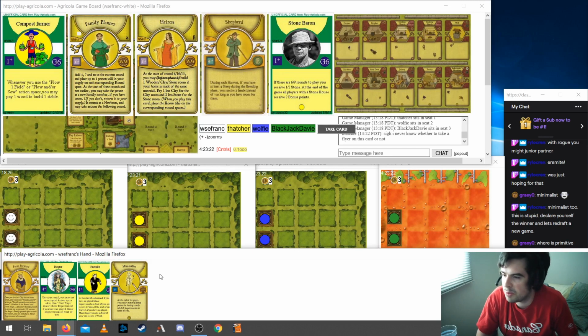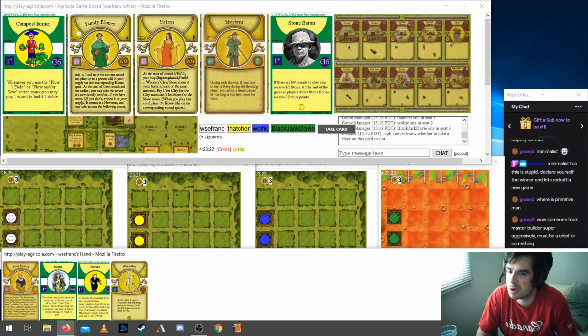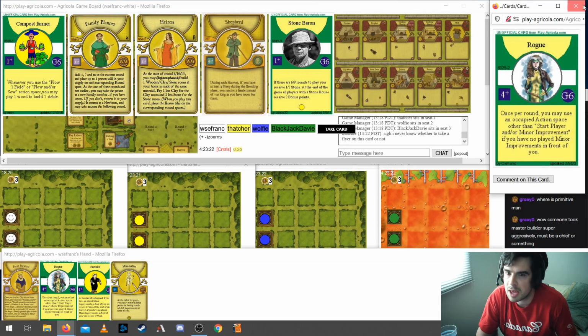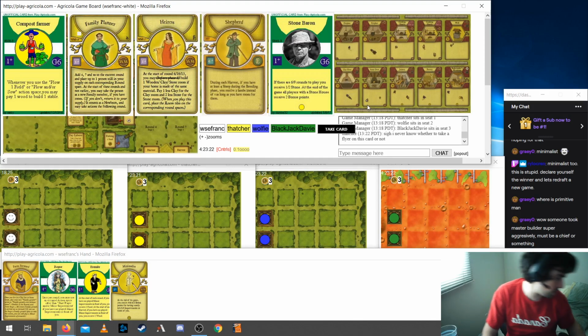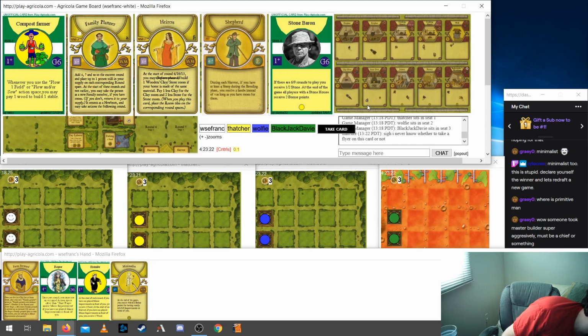The one thing is, if you don't play minors, you sometimes have an issue with getting enough points because you're passing up on opportunities to get points. So that's where Compost Farmer could be okay. I could do Stone Baron or Compost Farmer. Rogue specifies minor improvements, right? Thing is, you really need to find ways to feed with occupations if you're going to play Eremite Rogue Minimalist. Eremite giving 1 food per round certainly helps, but...